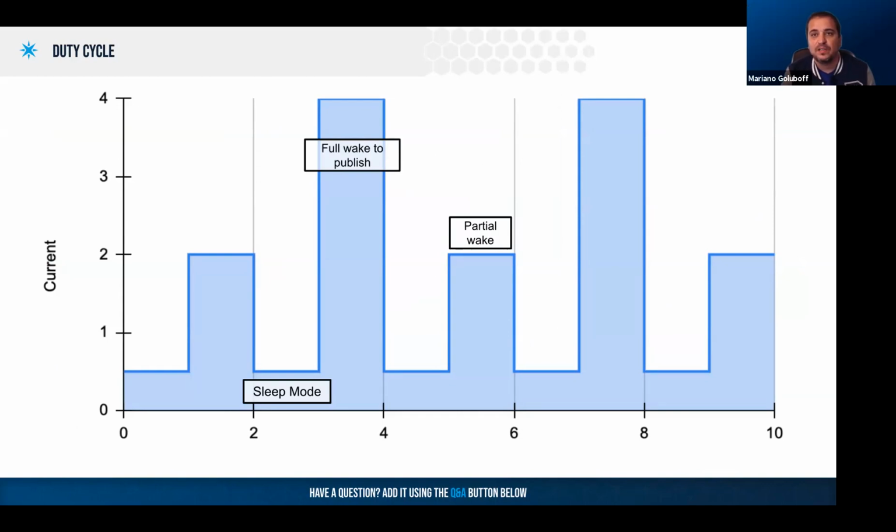Again, since the cellular radio uses most of the power, if you use a tracker that allows for that partial wake up, you can really extend the life of your battery. So the Particle tracker system gives you the APIs to customize the duty cycle and wake modes exactly like you want. By using sleep mode that maintains processor state, you can collect data throughout the day and only power up the radio when necessary.